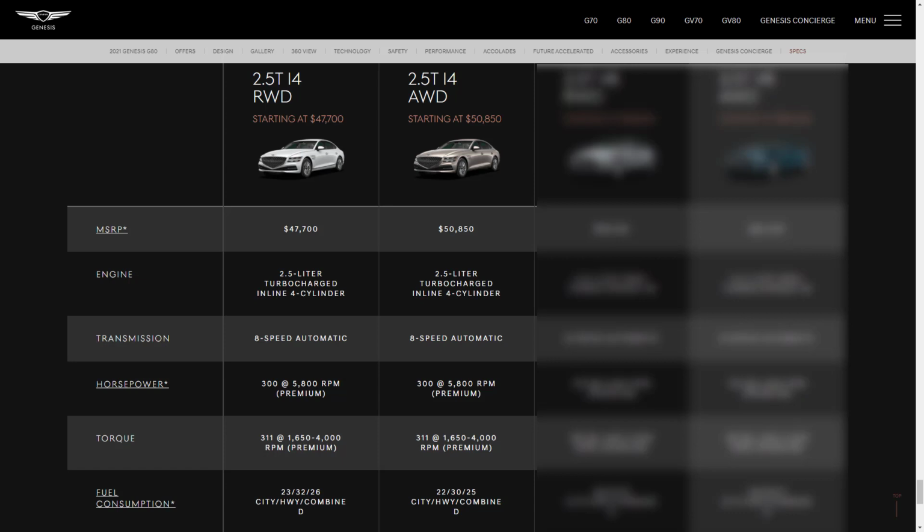The base model Genesis G80 is the 2.5T. It can be had in rear-wheel drive for $47,700, or it can be had in all-wheel drive for $50,850. Either way, the G80 2.5T starts you off with 18-inch wheels, LED exterior lighting, proximity key with push-button ignition, power-adjustable and heated front seats, power-adjustable steering column, simulated leather seating surfaces, dual-zone climate control, a 12-speaker audio system, 14.5-inch infotainment touchscreen, Apple CarPlay and Android Auto compatibility, navigation, and heated rear seats and steering wheel when you option it